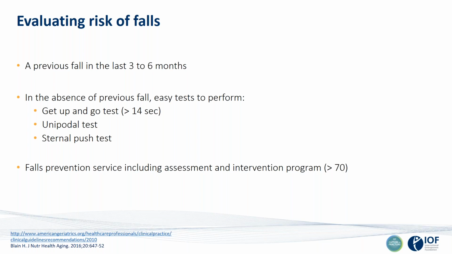And if there is a history of falls in the last 3 to 6 months prior to the fall that led to the first fractures, or if you have the ability to perform very simple tests like the get up and go test or the sternal push test, then you should refer the patient to a falls prevention service, because that's definitely